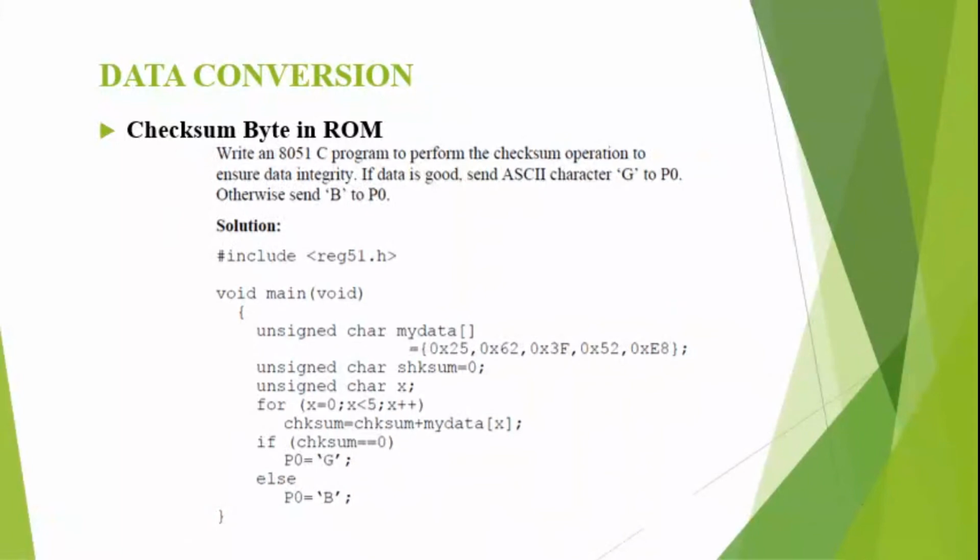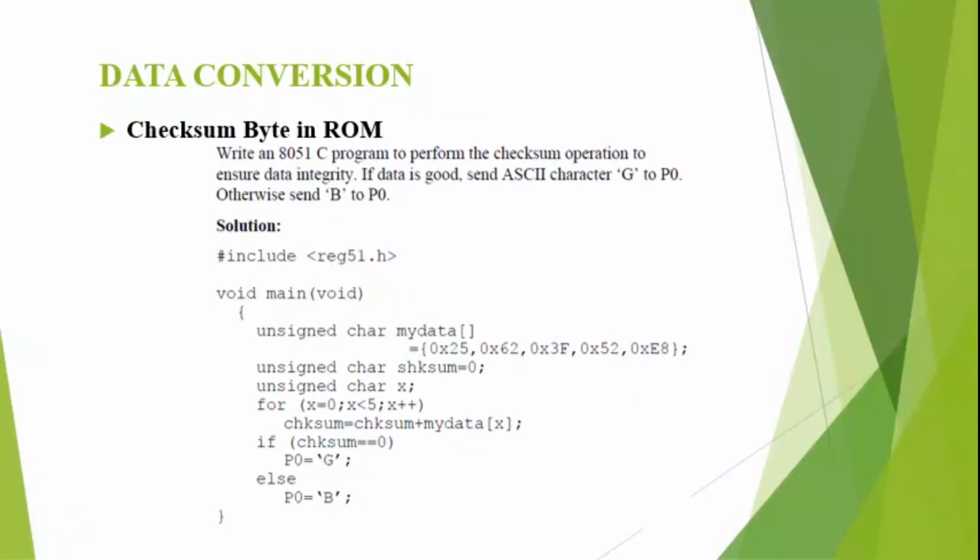Next example, write an 8051 C program to perform the checksum operation to ensure the data integrity. If the data is good, then send the ASCII character G to port 0, otherwise send B to port 0. So we have the data 25H, 62H, 3FH, 52H and E8H.